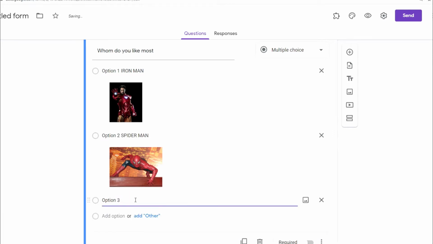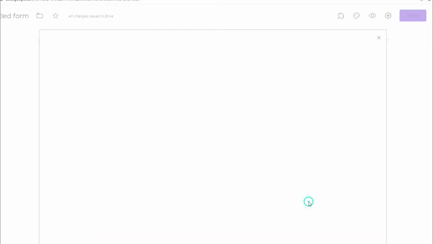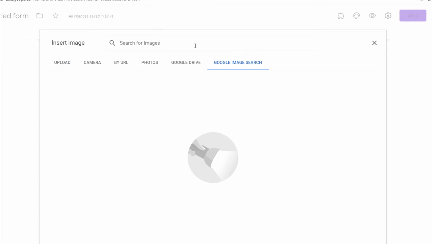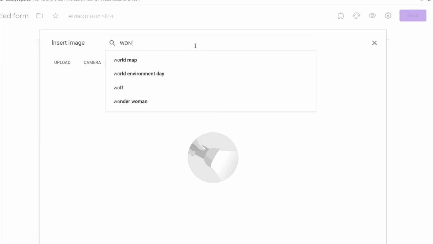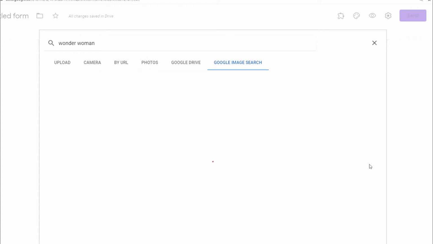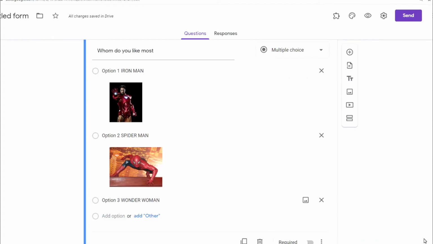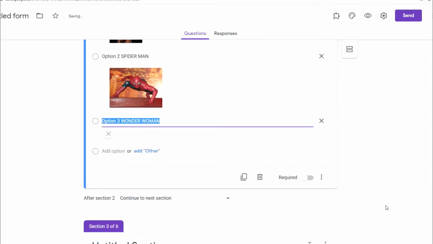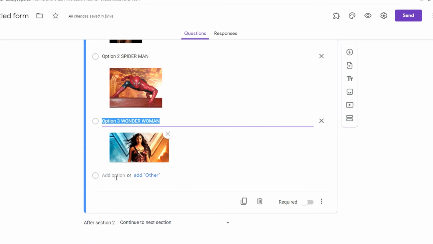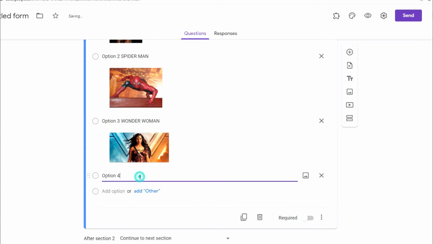Come to option 3, type Wonder Woman, and add image, Google image search, Wonder Woman. Select any photo of Wonder Woman, insert the photo. It is inserted, uploaded.